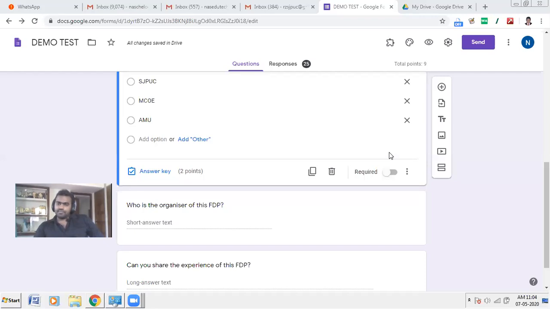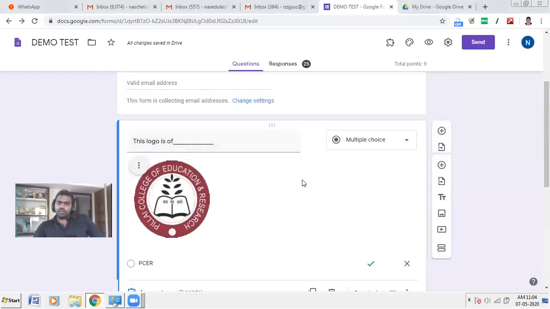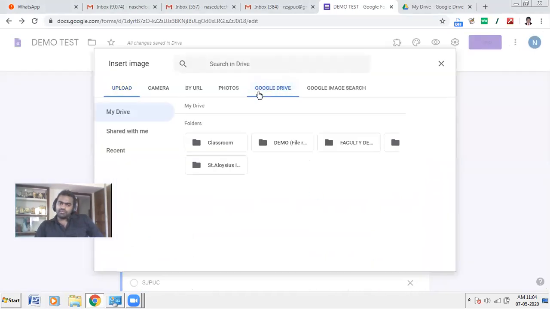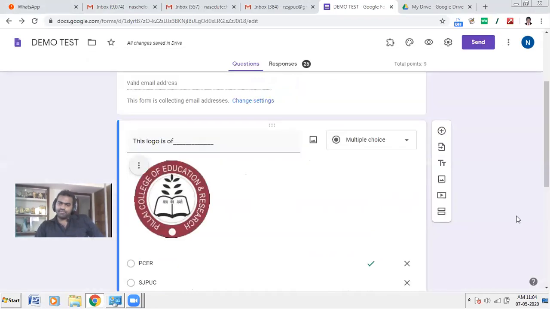Rajani: Sir, can we add video or audio to these questions, in case we need it for MCQs? If you need, here you have only the option to add images. Okay, fine. Thank you, sir. Kavita: Sir, can we make it as multiple pages for questions? Okay, I'll tell you that.